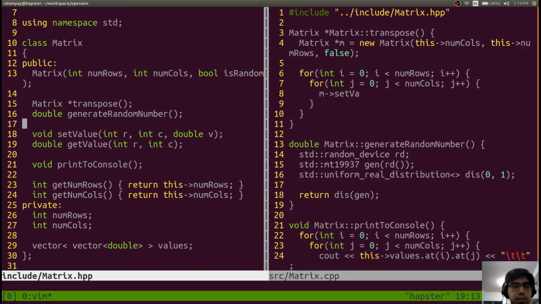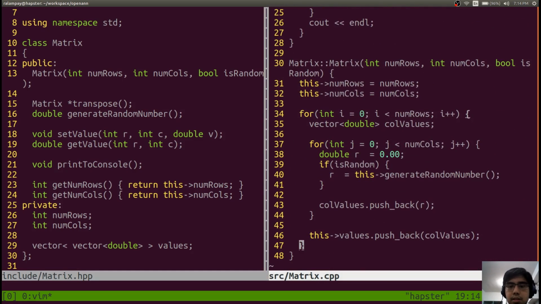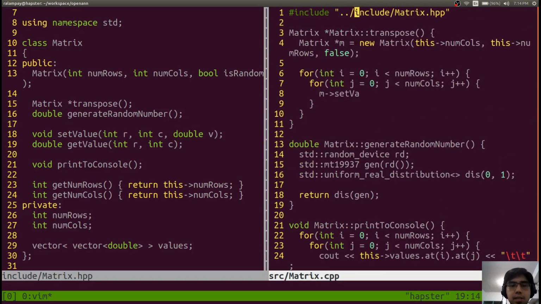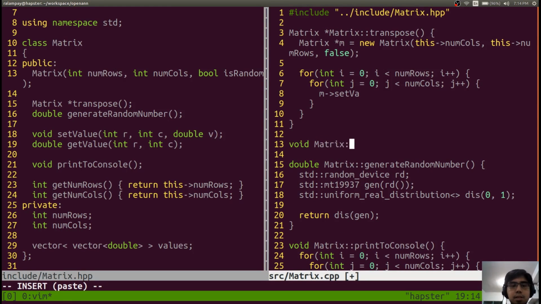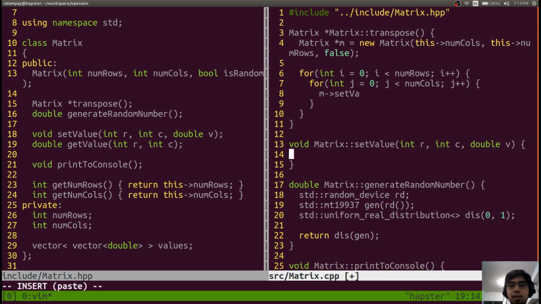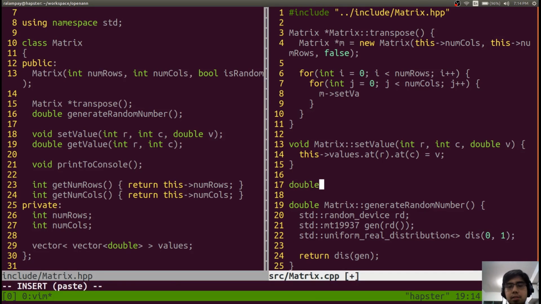Alright, set value, right? They have an implementation of that. Okay, I don't have an implementation for set value, so void matrix set value in R and C double V, and all this is doing is that for the values variable at R at C, assign it the value of V. Alright. And then for get value, that's just something like,